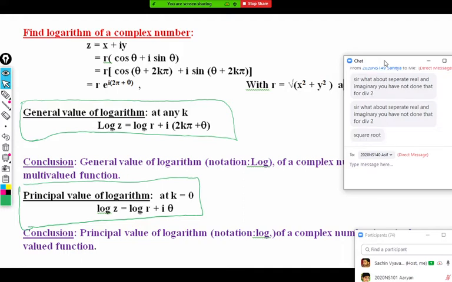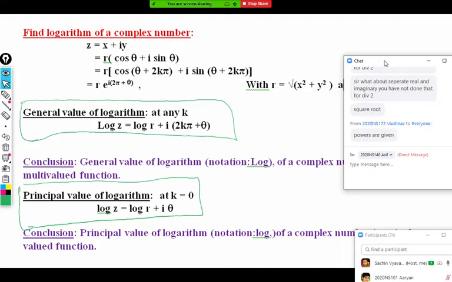Yes, I asked a question. Square root, someone is saying. Vaishnav is giving the answer power. Yes, you are correct, Vaishnav. Actually, whenever we deal with the power of a complex number, not necessarily only a square root, it is power, multiplication. At that time if you take a log, it simplifies the expression, and that is what we are going to do right now. Whenever we deal with the power of a complex number and we have to separate it into real and imaginary part, we use log of a complex number here.